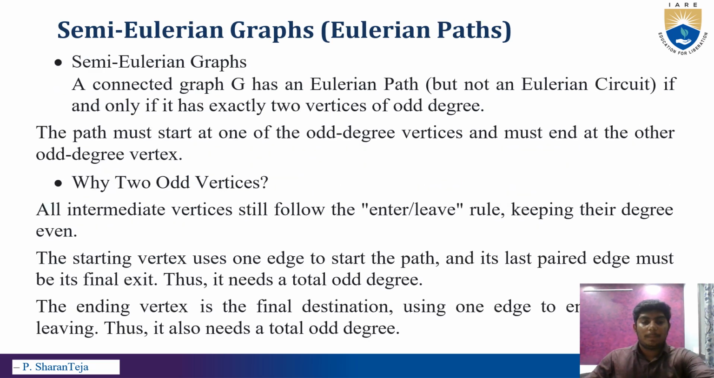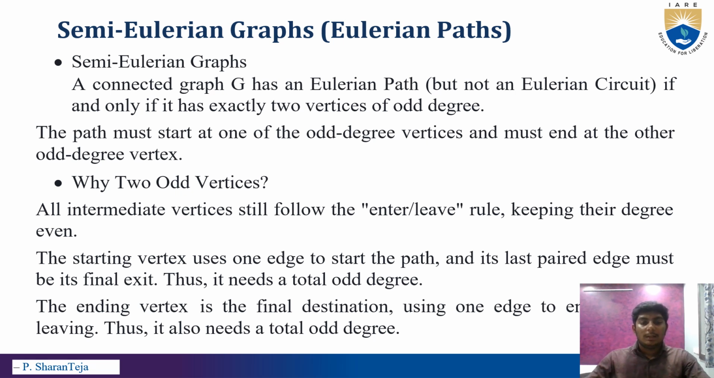Semi-Eulerian graphs. Now, if a graph has exactly 2 vertices with odd degrees, it's a semi-Eulerian graph. That means it has an Eulerian path, but not a circuit. Such a path starts at one of the odd degree vertices and ends at the other. This rule makes logical sense. The start vertex has one extra outgoing edge and the end vertex has one extra incoming edge, while the other vertices